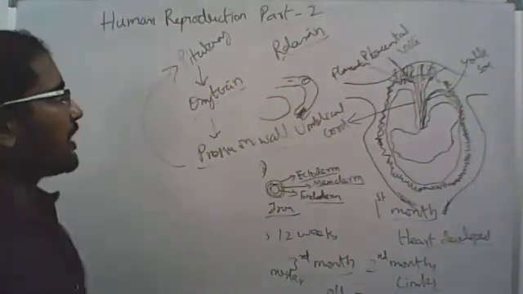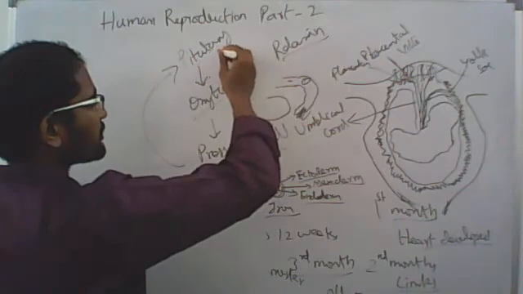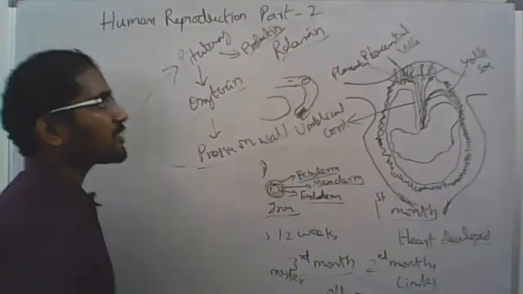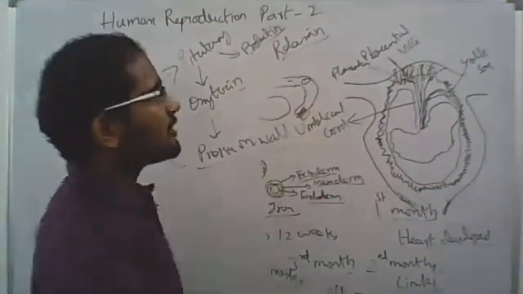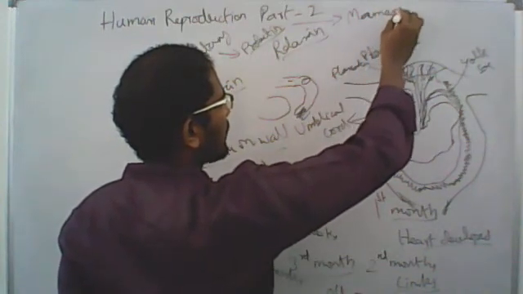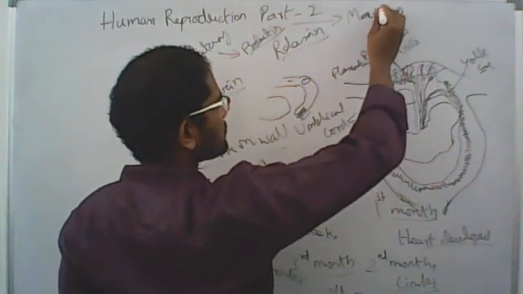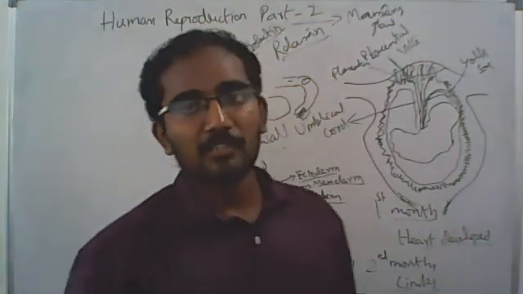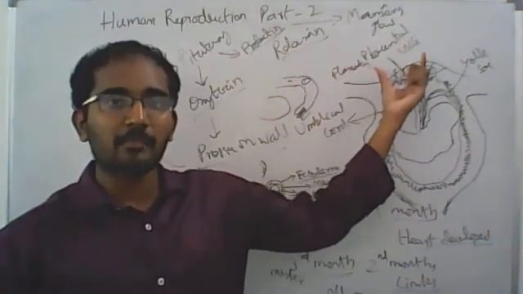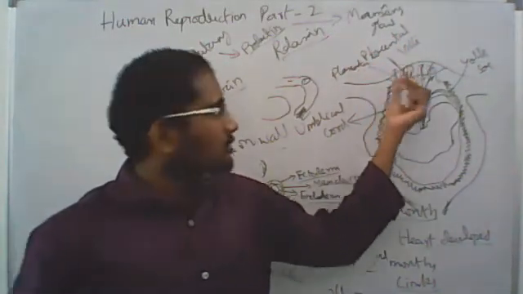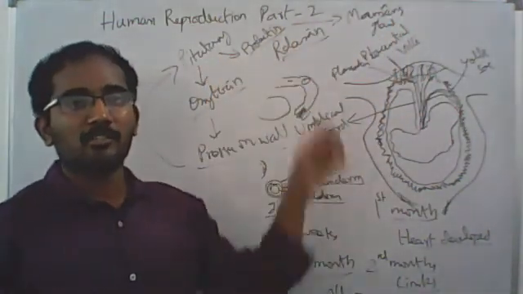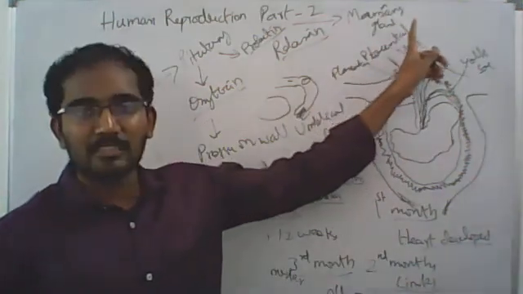At the same time, the pituitary gland also produces a hormone called prolactin. This prolactin acts on the mammary gland. The mammary gland, as we already discussed in the last class, is a gland that secretes the milk. So it produces milk only with the triggering of the prolactin. So the prolactin is just going to synthesize the milk.